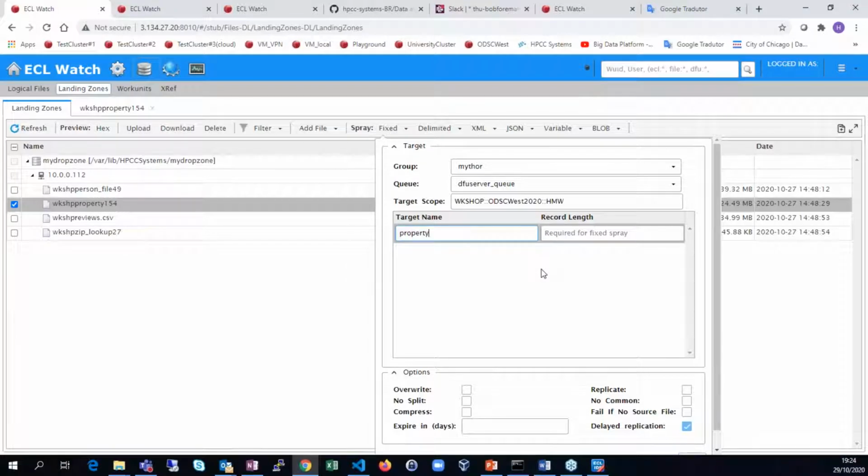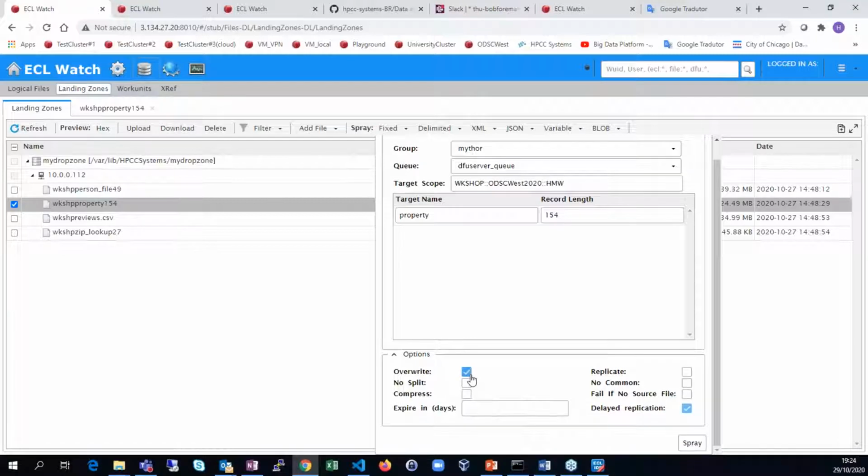And just for consistency, we are renaming our data set to property to make it more human readable. We don't need the record length information in the file name anymore. And here is where you specify your record length value, 154. Okay, so I will just click overwrite here because I might already have a file named like that. And I will click spray down here,